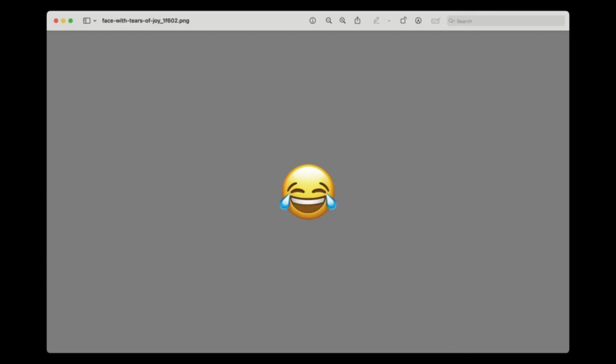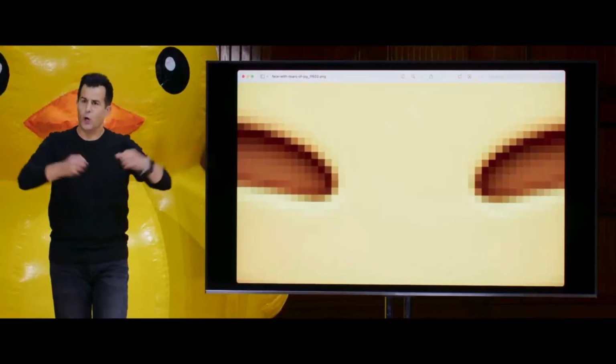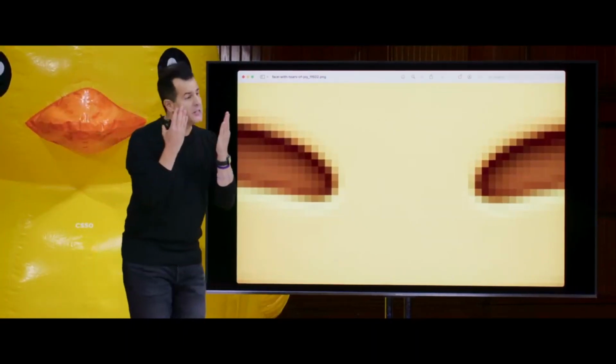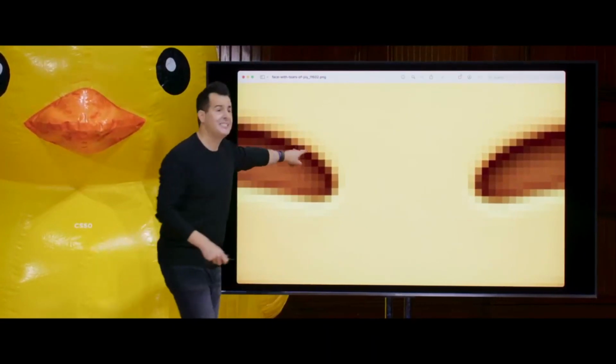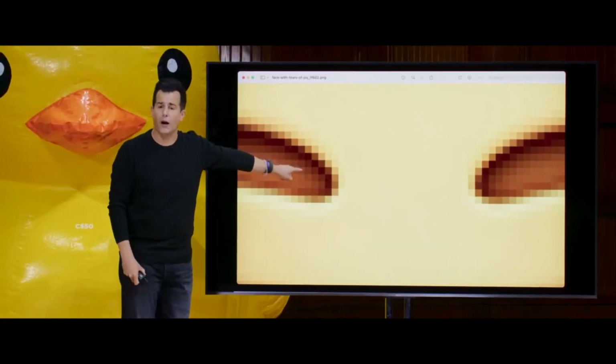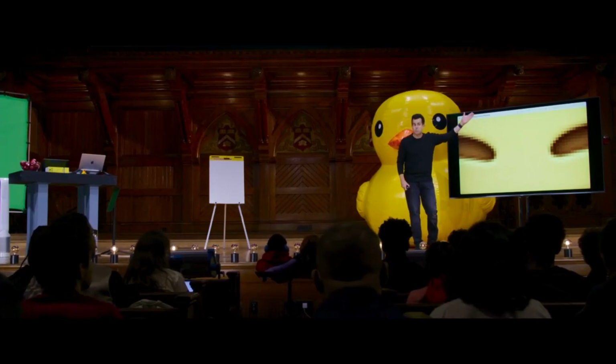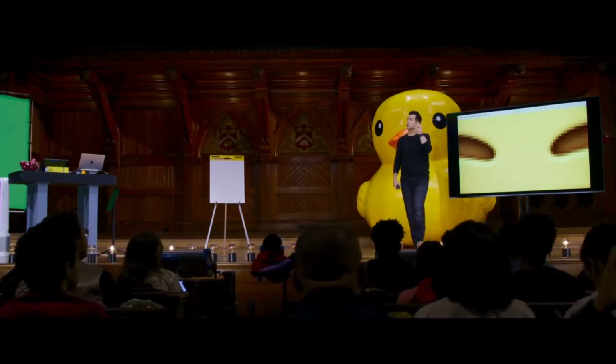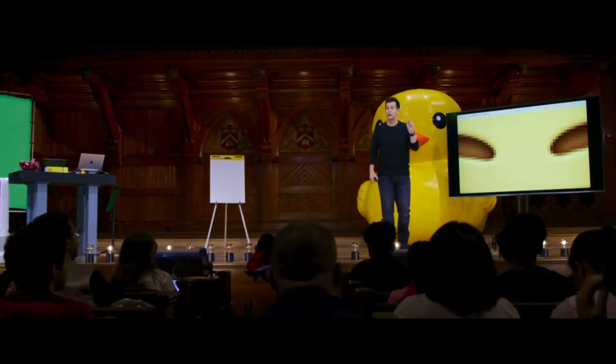So where are these colors coming from, or where can we actually see them? Well, here's just a picture of that same emoji, face with tears of joy. If I zoom in on that, and maybe zoom in again, you can start to see, if you blow it up enough, or if you put your eyes close enough to the device sometimes, you can actually see individual dots or squares. These are generally known as pixels,